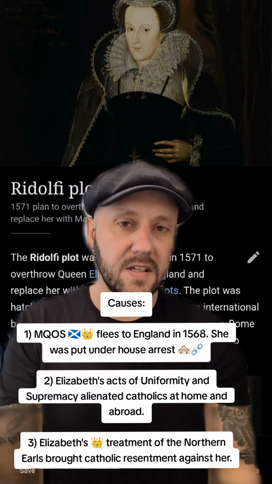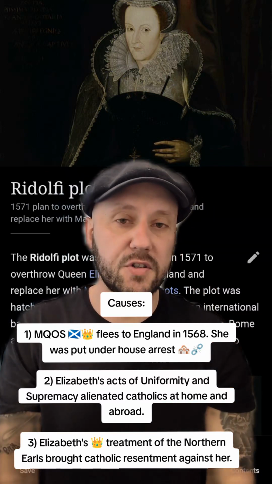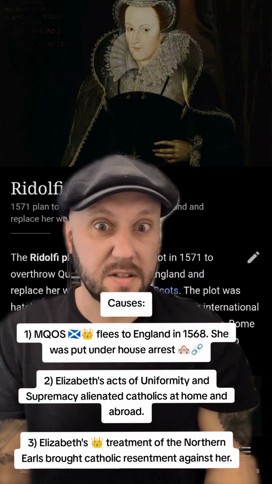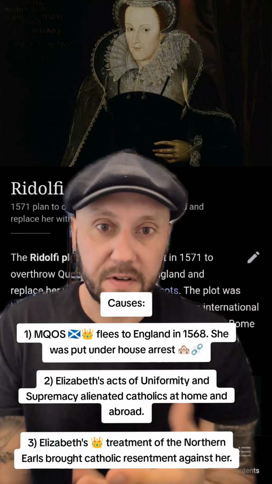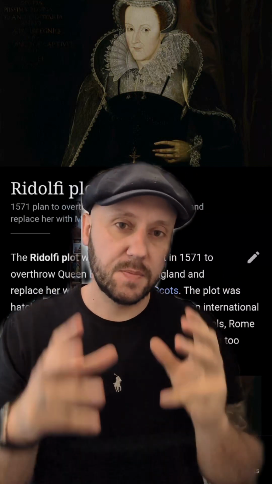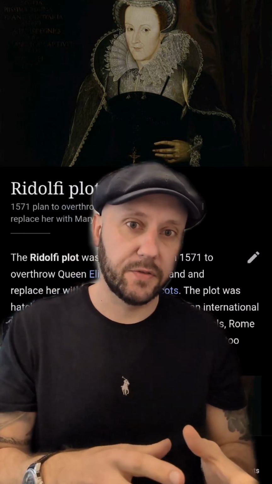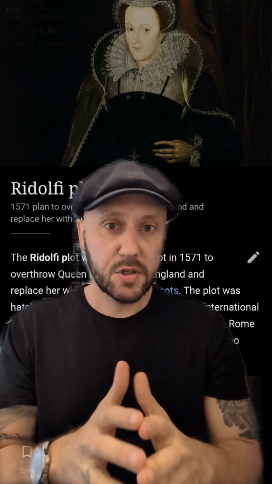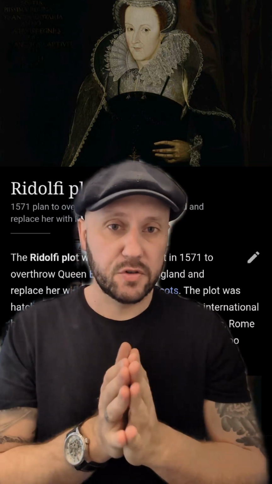She comes to England in 1568 because she has to abdicate her throne in Scotland because she murdered her husband. You know, just a little bit of Lord Darnley murder. Anyway, so she's placed under house arrest by Elizabeth. Mary Queen of Scots, just by the virtue of being there, provokes a strong response.